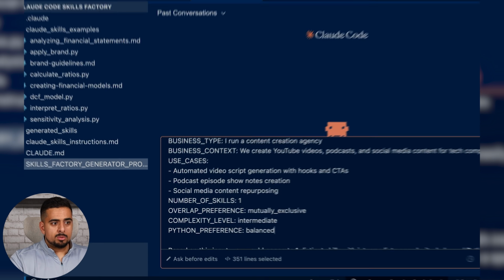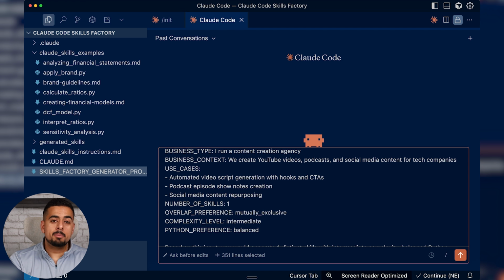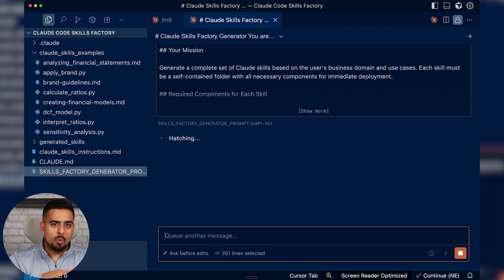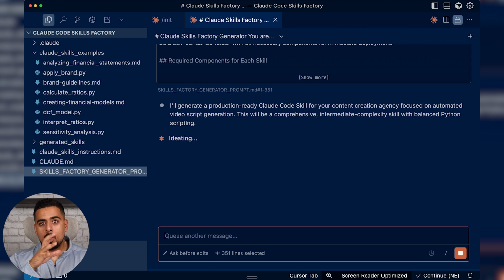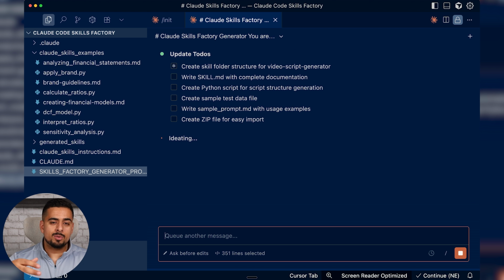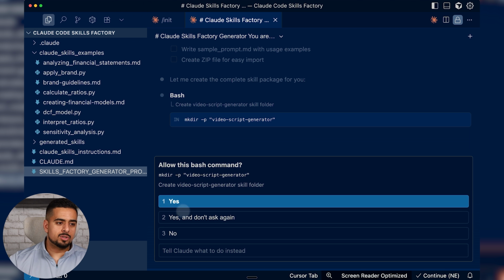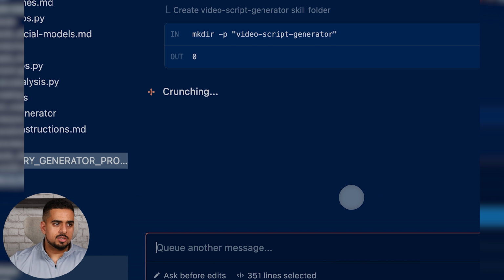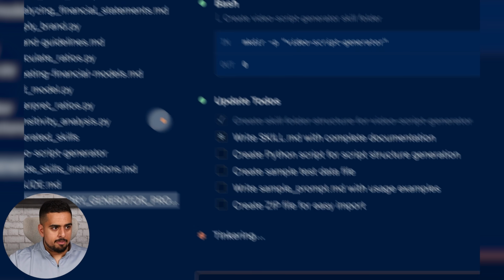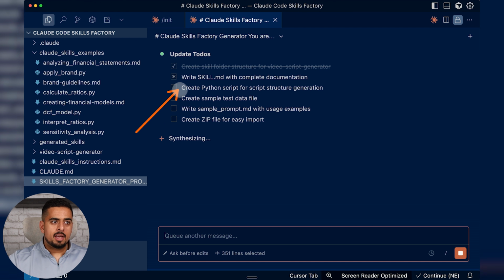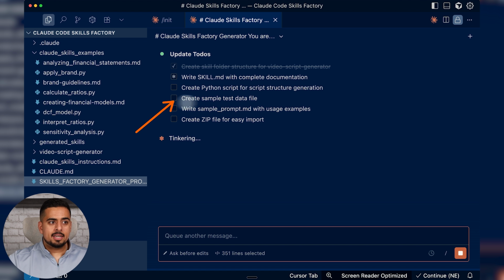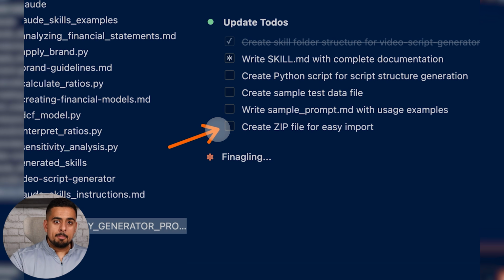Okay. And because we're only asking for one, this shouldn't take too long, but it will show you the power, because whether it's 1 or 5 or 20 or 100, it'll just be a proxy of time and how many tokens you can have within the certain context window of a certain session. So I'm just going to say yes, and now you can already see it's creating a folder that is going to populate with the following assets: a skill.md file, a Python script, sample data to test the skill, a sample prompt.md file with usage examples, and then a zip file so I can easily import it into Claude